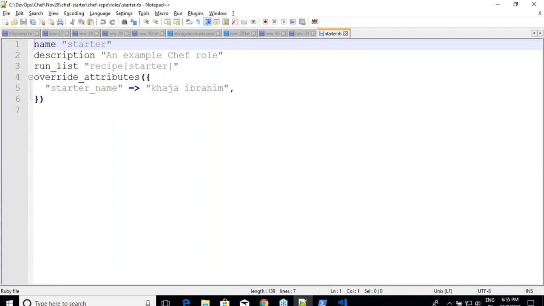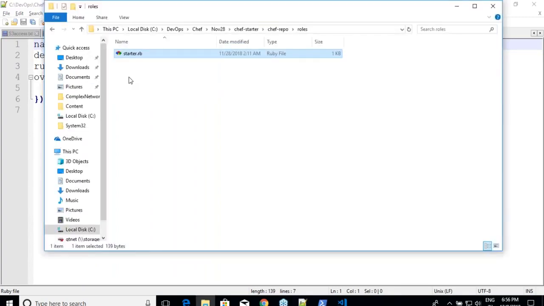Now, can I create the same thing with another rb file, for two roles, which are webserver.rb and dbserver.rb, and make changes so that it will match my needs? Is it very difficult work to be done? No, right? These files cannot be generated. You have to copy and paste them.